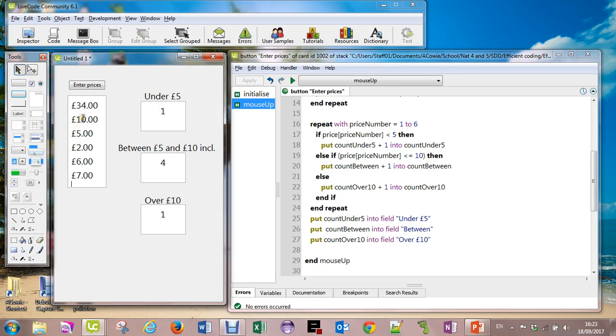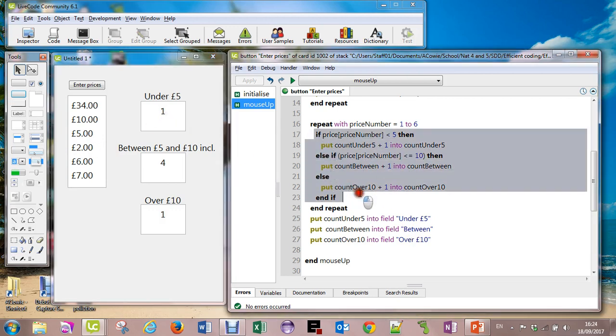So I've got 1, 2, 3, 4 between 5 and 10 inclusive. I've got one that's over £10 and one that is under £5. So that's quite a bit shorter in terms of just code in memory. So it has decreased the memory usage, but it's also made the processor less busy because there are fewer conditions